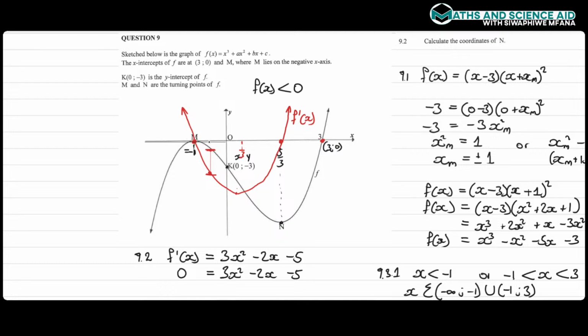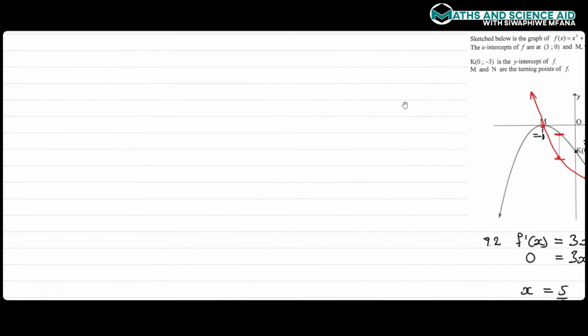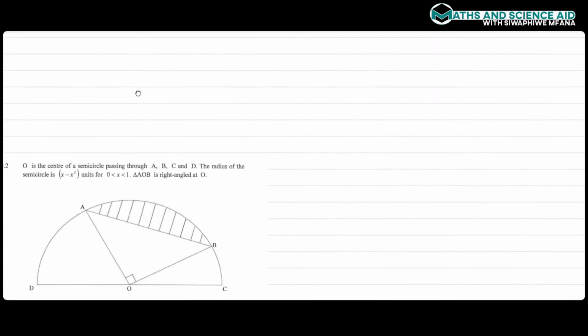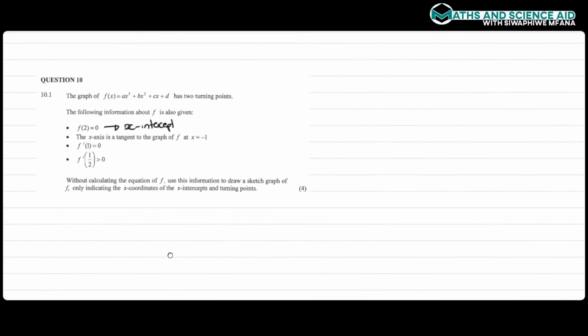So if the x-axis is a tangent to your cubic polynomial, it means that at that point you've got a turning point as well as your x-intercept. So we've got something similar to this in the function that they are telling us about here. So we've got a similar scenario. So x = -1 must be both a turning point and an x-intercept,